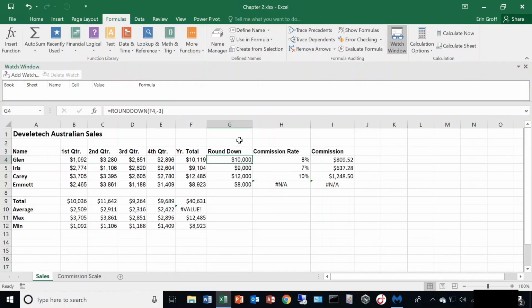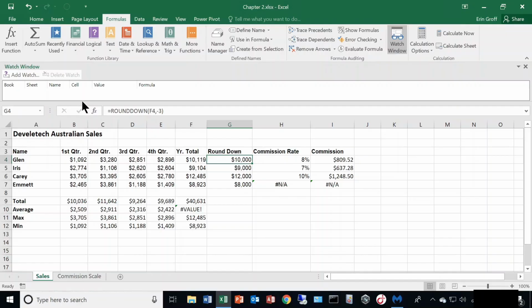So you can add any cells you want to the watch window. For each cell that you add to it, the watch window displays the cell's location, its displayed value, and if it contains one, the formula or function entered into it. As you update the values or other formulas and functions in the precedent cells for cells in the watch window, the cell's information updates in real time. This ensures you don't have to navigate through or across workbooks to see the effects of updating information or correcting